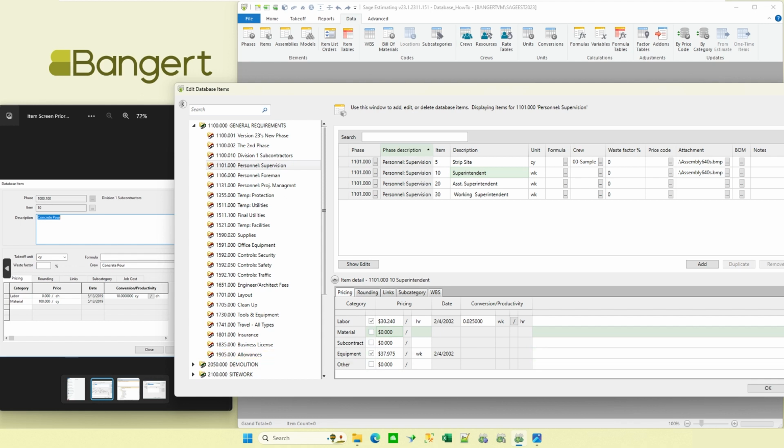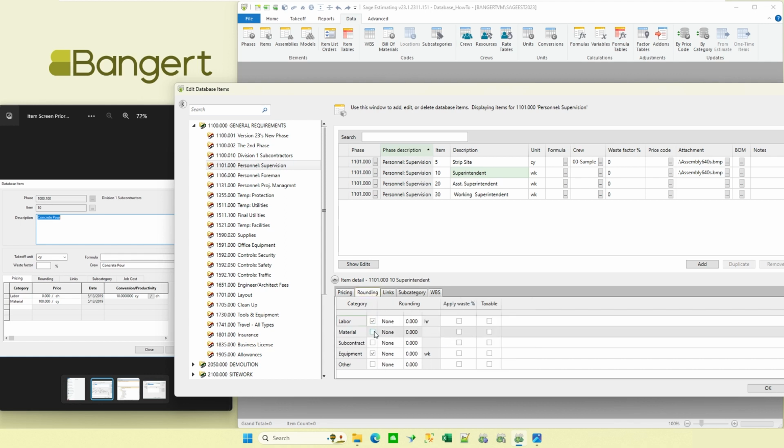As you look through here, this column's a little different because this is how you tell it what categories your dollars and things like that are going to be. But then you'll notice that you've got a very similar look of so much money per some unit of measure, a date, productivity. So if I want to say there's 40 hours a week or 0.025 weeks per hour, however I look at my productivities, you can flip that around. So all the same concept of this screen, just a little bit cleaner for getting to the information.